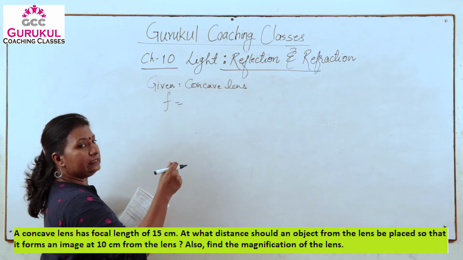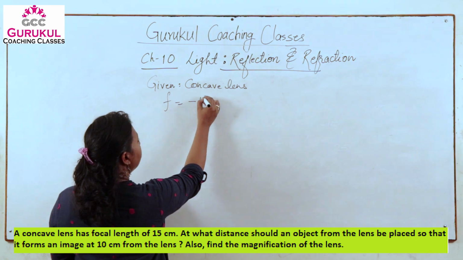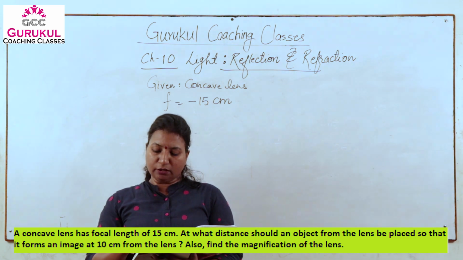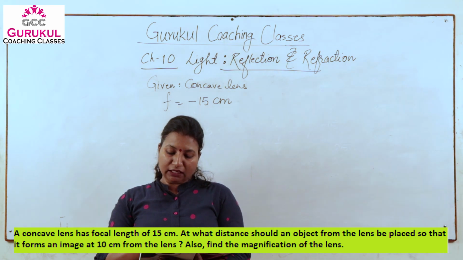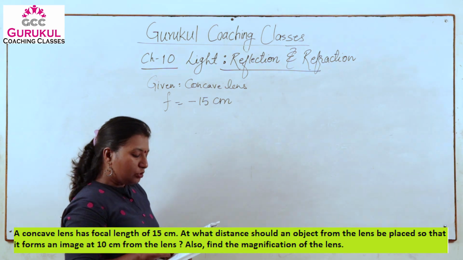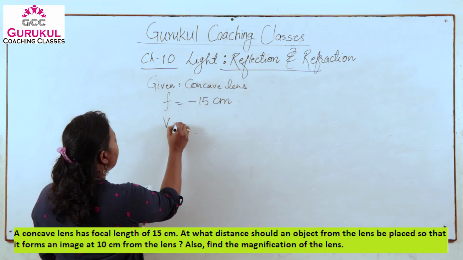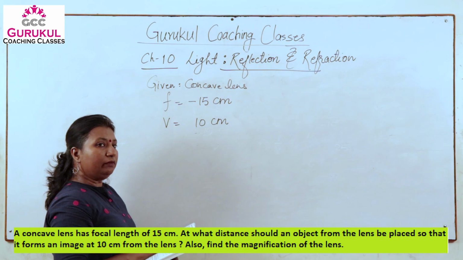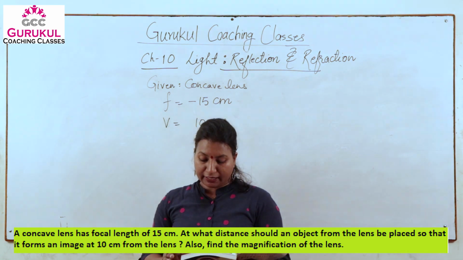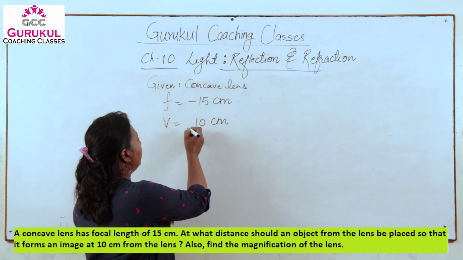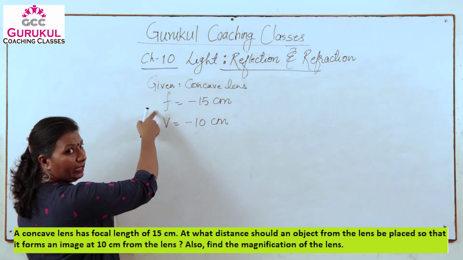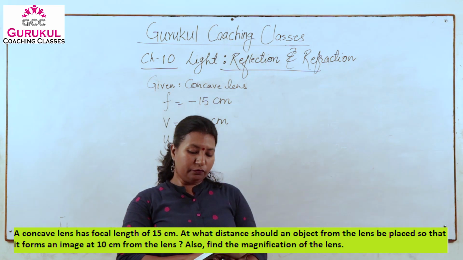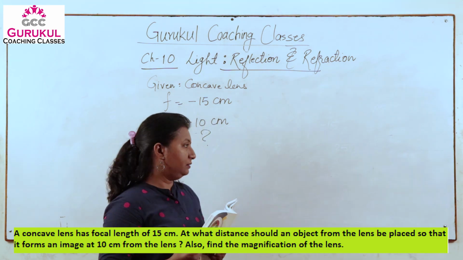So a concave lens has a negative focal length. So we are putting the negative sign. So f is equal to minus 15 centimeter. At what distance should an object from the lens be placed so that it forms an image at 10 centimeter? So it is given that v is 10 centimeter. It is a concave lens, right? So a concave lens always gives us a virtual and erect image, which means v will be negative in this case, right? We have f, we have v, we have to find the value of u. Also we have to find the magnification of the lens,